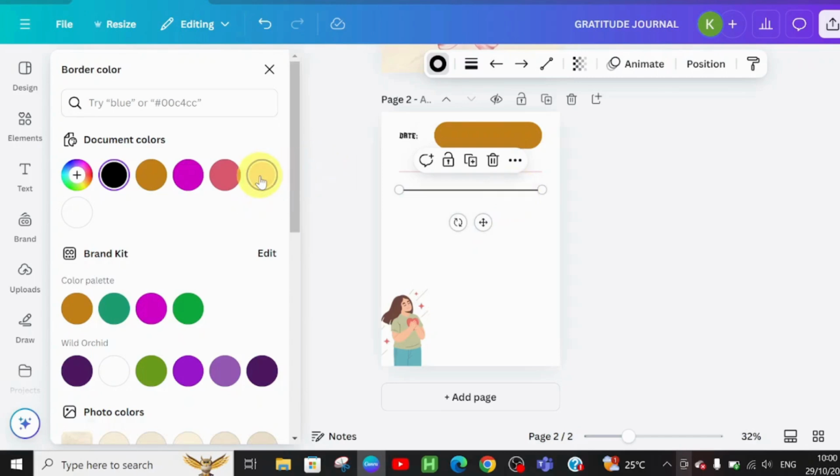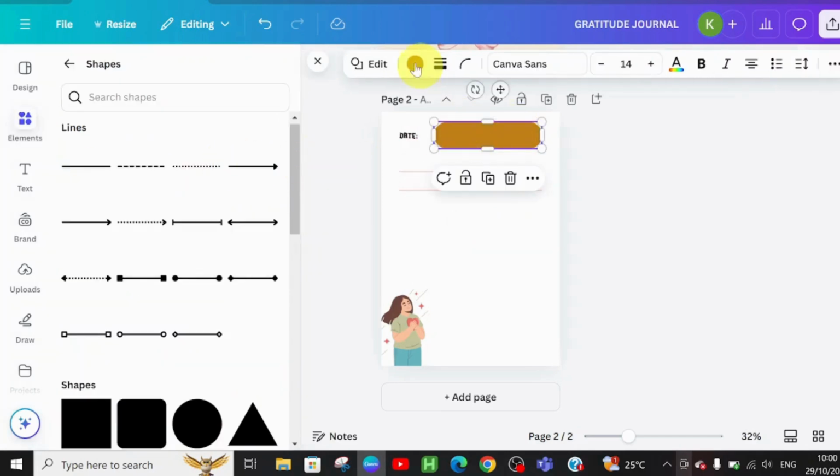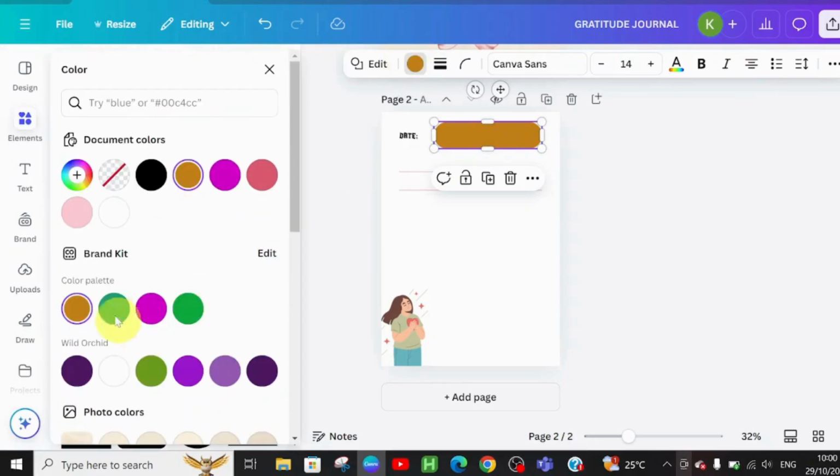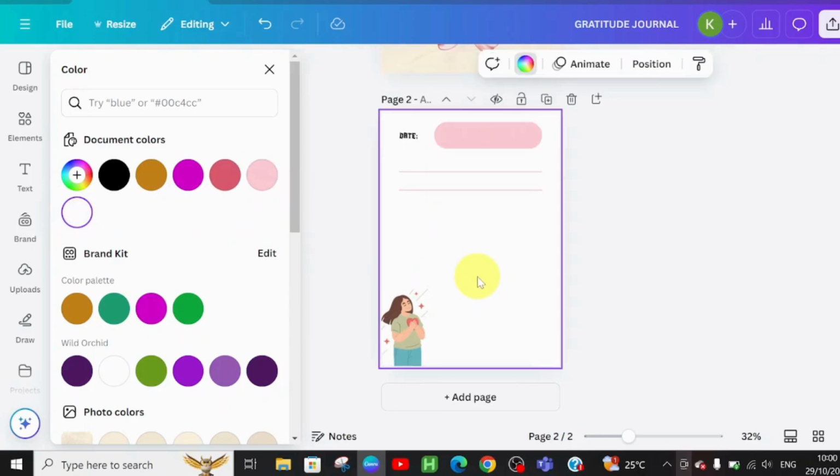Likewise, change the color of this one, and this one too. You need to change the color of this button. So let's go with this color, since that's the color of the background. So now that we have this, all you need to do is just to highlight